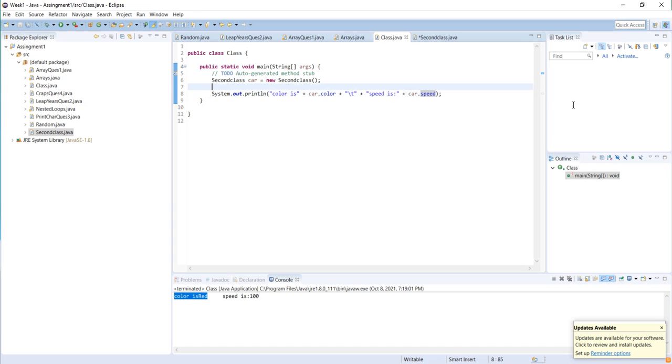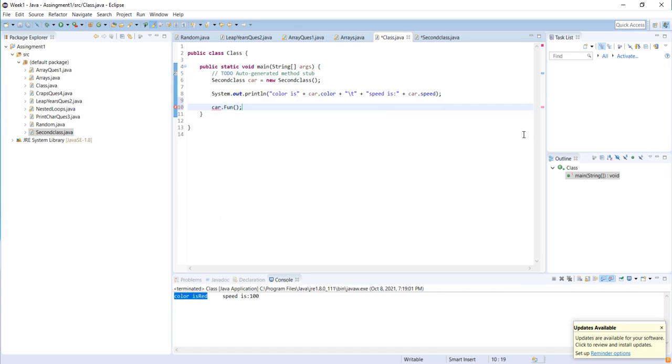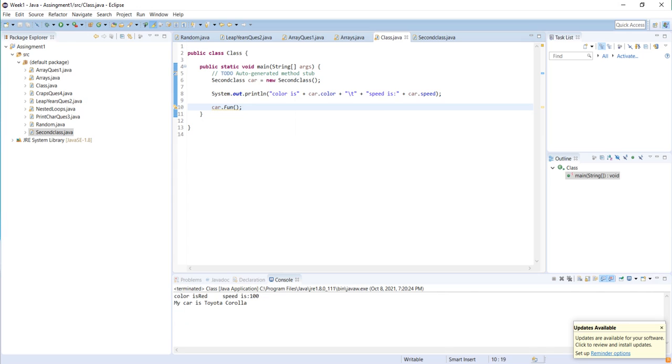Now I'm gonna use this object to call the functions. You can see now the car can call the function fun. So car dot function, and now I'm gonna run it. My color is red, my speed is 100, and my car is Toyota Corolla.